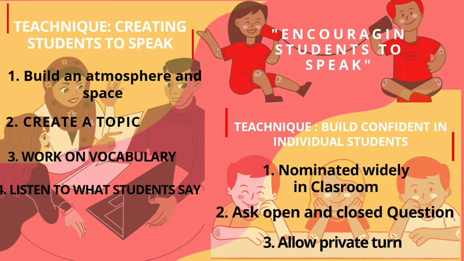And the third is allow preferred turn. If there are students who might not want to speak up, the teacher can say that they don't have to answer in front of the class but can keep it to themselves, or invite them to have a short tutoring so the teacher can know the reason and encourage them to be confident to speak up more.